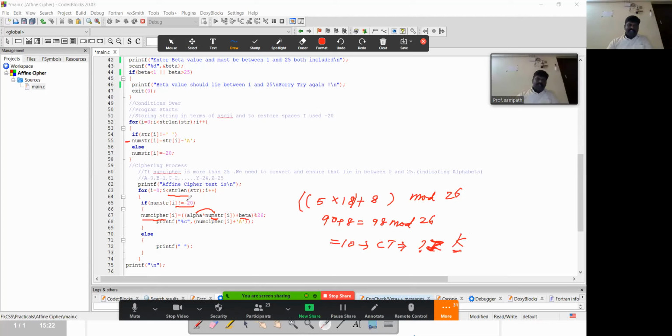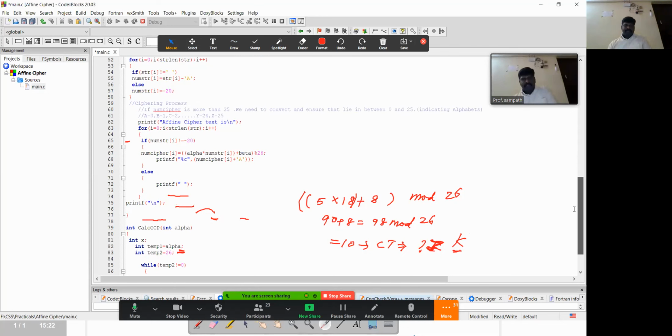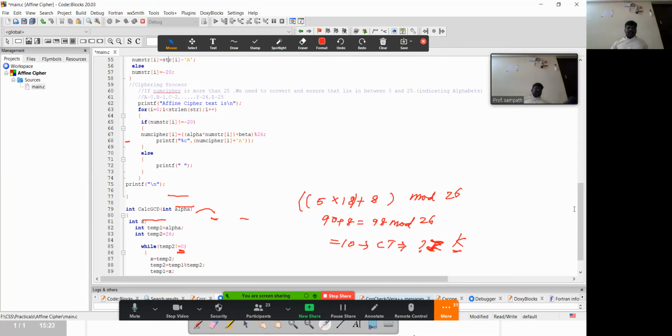If the input is minus 20, meaning an empty space, we will get the space again. This will be processed for all the input characters which we pass. I hope I explained all the coding sections.